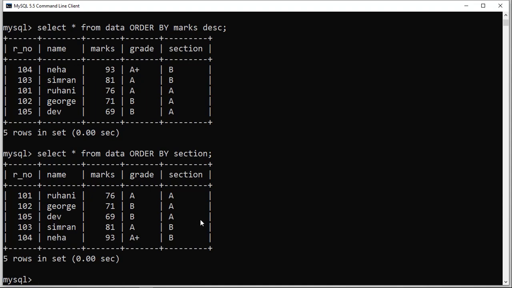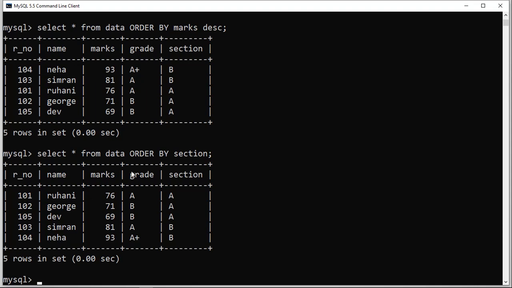Now it is also a possibility here that we can sort the result on the basis of multiple columns. Multiple columns doesn't mean sorting multiple columns at once. Multiple columns here basically is trying to show you that if you have sorted the result according to a particular field, then among those records which are already sorted, you can sort on a different column also. Okay, suppose in this table we are having the records sorted according to this marks, and then after the records are sorted, we want the sorting to be done on the section also, then we can follow that sorting after the sorting of this marks column.